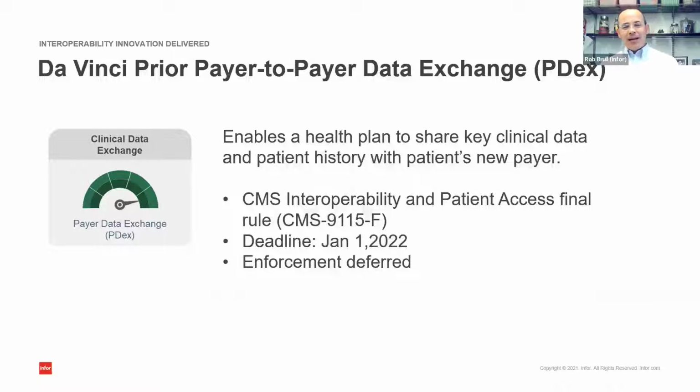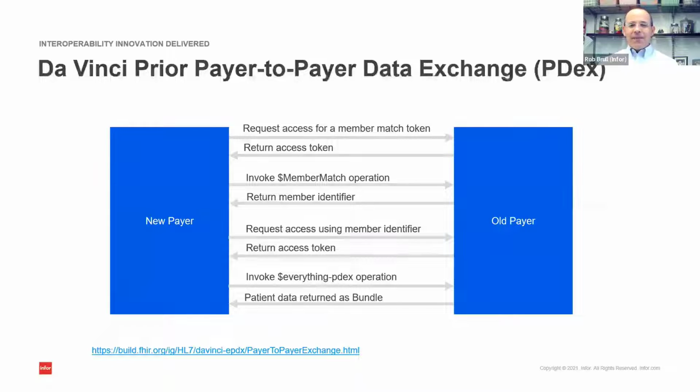So how does this happen? How does the patient request the data? And how would it work that payers would exchange data and all do it in a consistent way? That's what we'll look at in the next slide. So next slide, please. This is actually a summary of what's in the implementation guide published by the Vinci organization for this particular workflow. And the link is in the bottom left-hand corner to go directly to it and get more details. But I'll walk through the summary here, and then we'll show how it's actually done in the product.